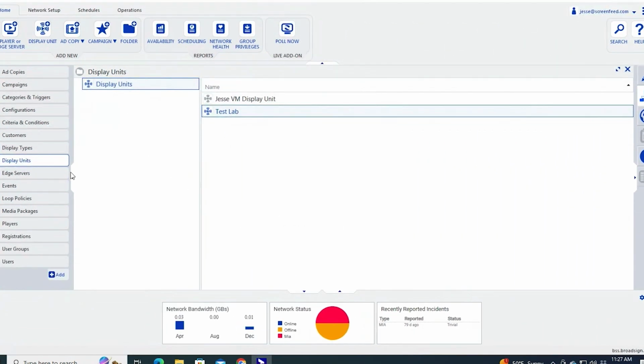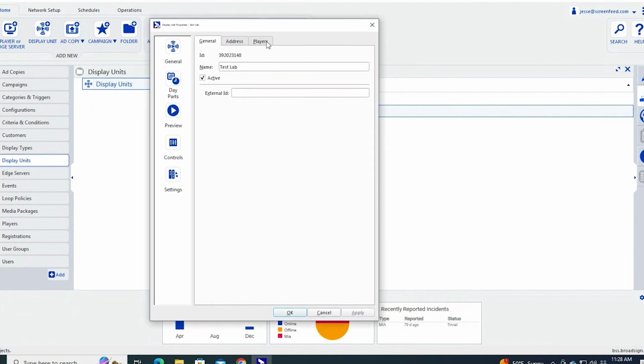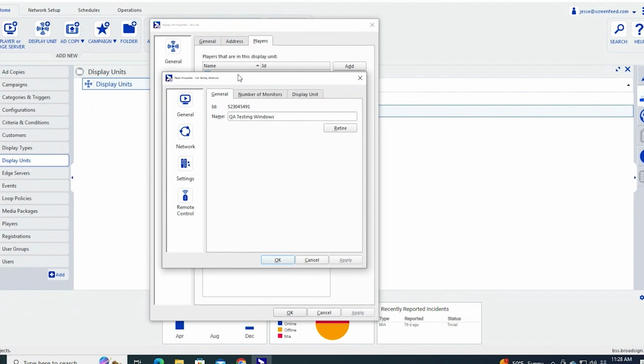And we're going to go to display units, and we need to add in that secret and value as a variable, attributing it to a specific player. So I'm going to display units. I'm going to choose my display unit. And then from here, I will choose players, and I've got my player right here. And under that player, I'm going to choose settings.